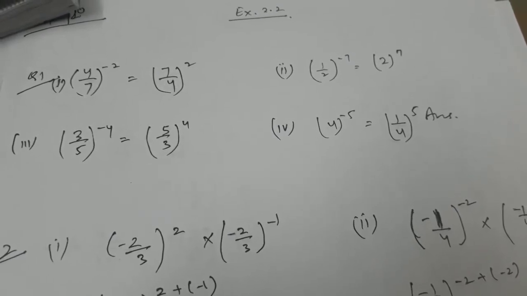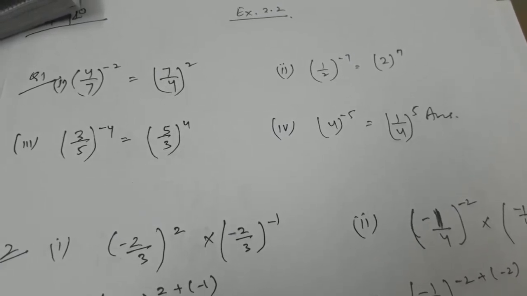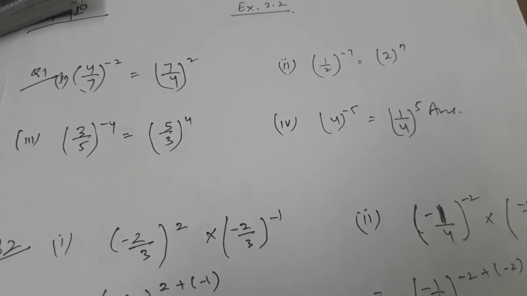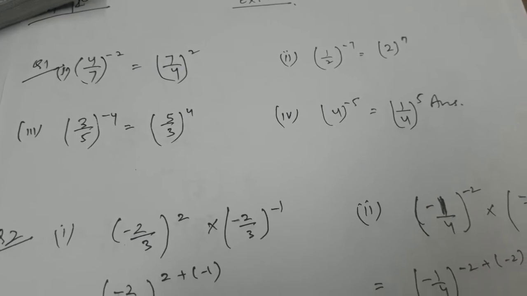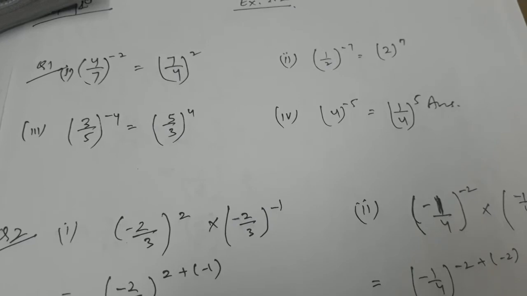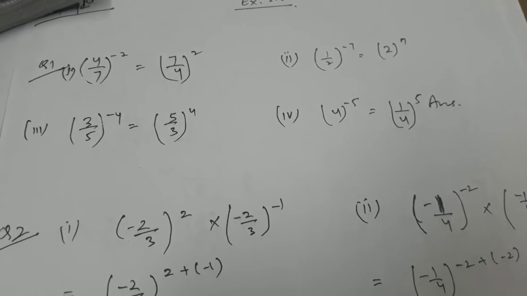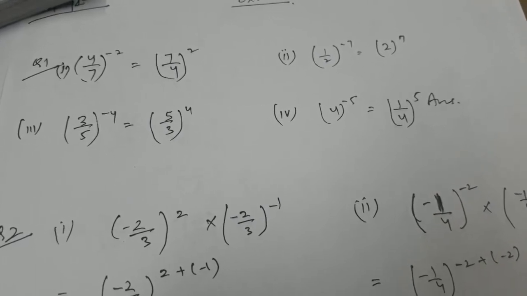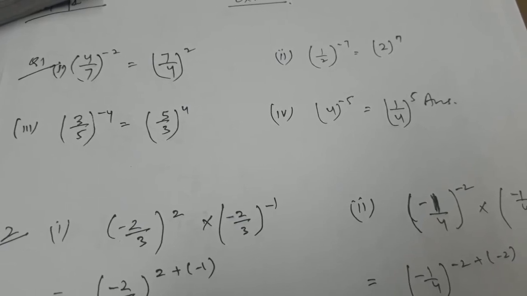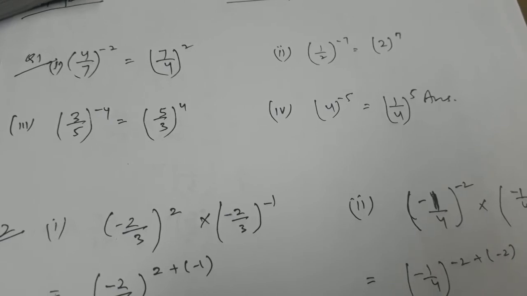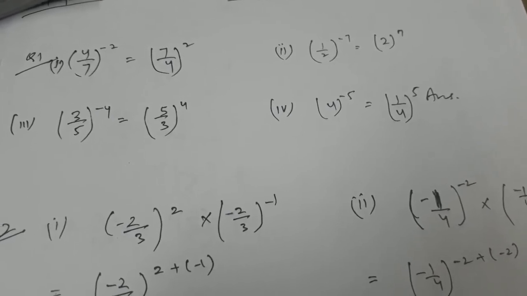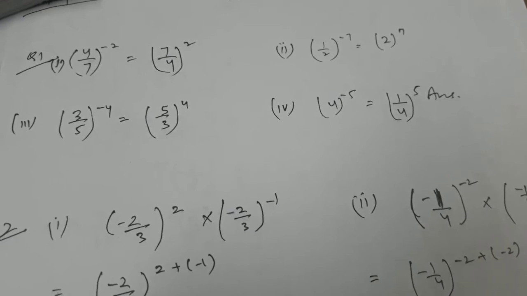In this video, I'm going to solve exponents exercise 2.2 of Goel Brothers Prakashan, question number 1 and 2. In this video, this thing has to be very much clear: if the power is given in negative form, the base will get reciprocated in order to remove that negative sign. So let's start with the question.